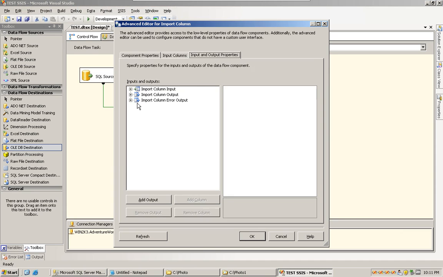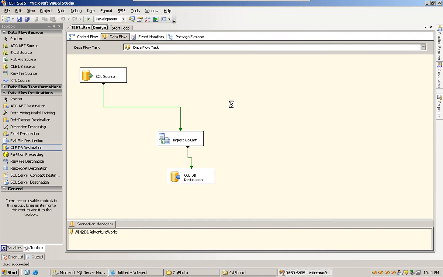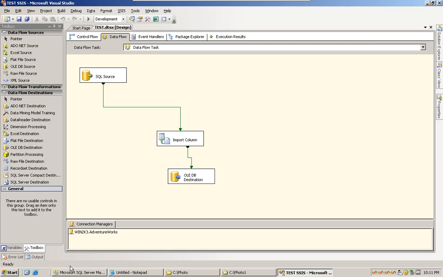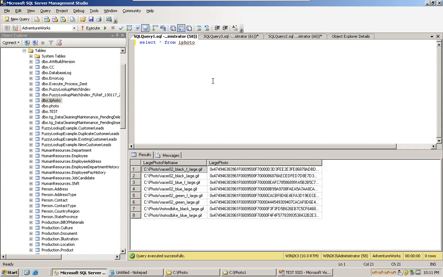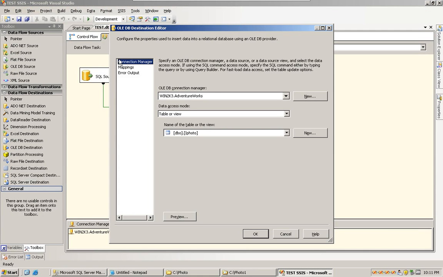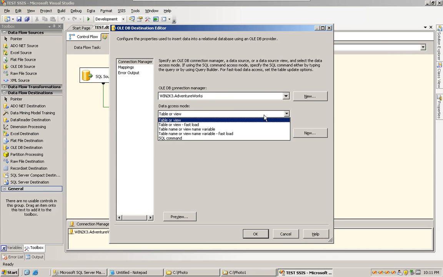It's Adventure Works only. And here I'll have my iPhoto. I'll just do a normal table, no fast load, nothing else. I'll discuss the fast load a bit later. So I'm doing a direct data access mode using a table, which is my iPhoto here. And I'll get onto my mappings. Now we should not tag this, I should be tagging in my image. So the input column of my large photo file name will go here and my image will go here. Of course, if you just type in your large photo from your source, it will directly go and sit there. So if you see in the metadata,